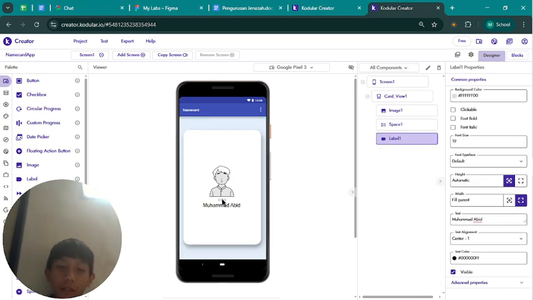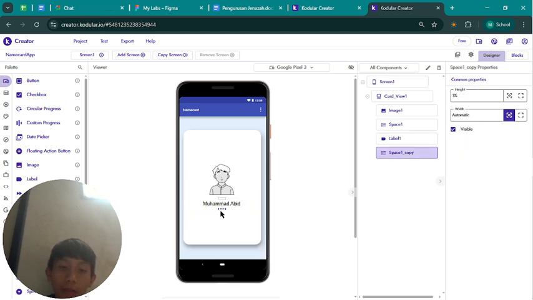and then we duplicate this space and put it under the label.